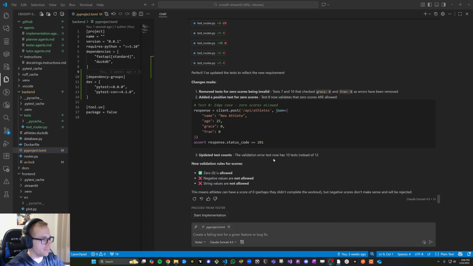So now we have the failing test that is created. So we'll start the actual implementation now in this one. We will just click start implementation. I'll put in implementation for the name, pre-fill out the prompt that we had before, and okay, should be good